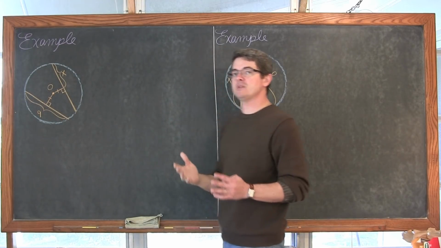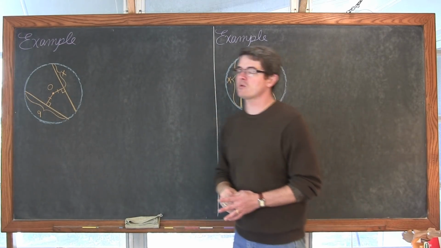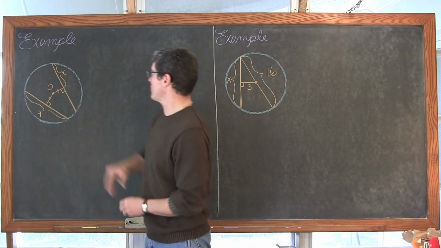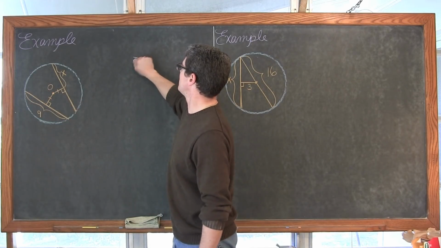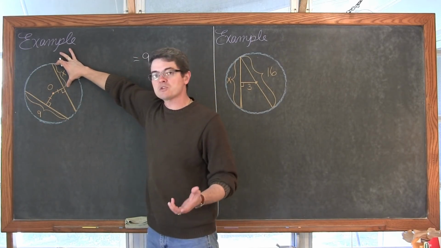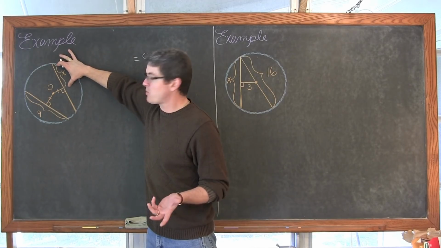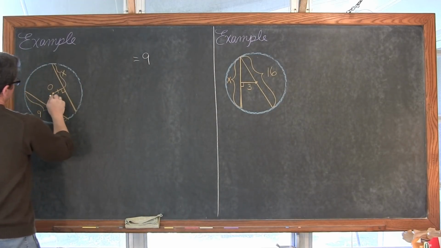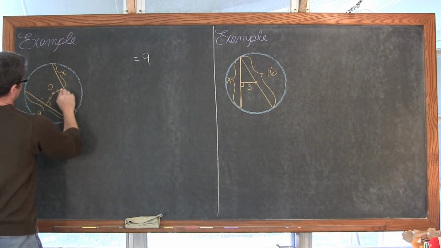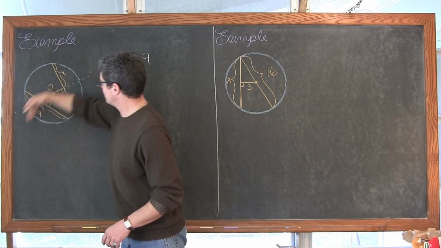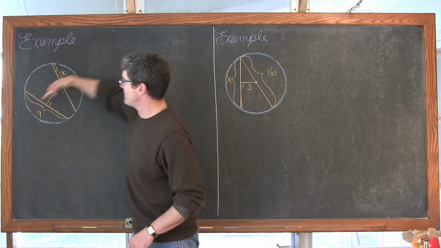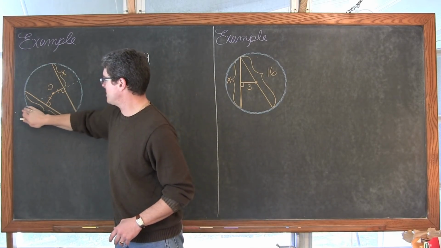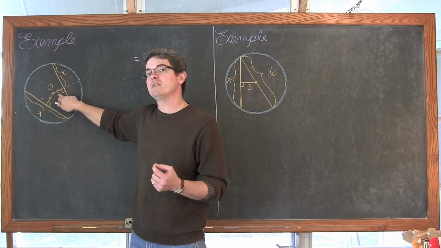So these chords are the same distance away from the center within the circle, which means that these overall lengths are the same. Now, I'm giving you this overall length down here is equal to 9, but up here this portion of the chord is equal to x. Well, let's not forget, if I were to take this line segment and extend it right here, if I were to extend this line segment and have it act as either just a line going to the center, or if I put the endpoints on the circle, this is sort of a piece of a diameter.